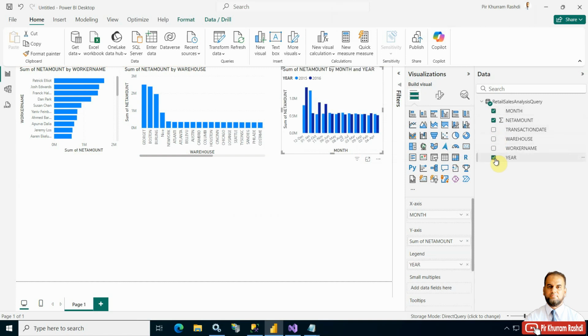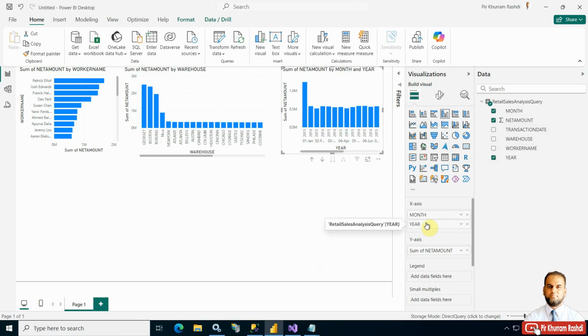So we will place month and year, but year is shown in a legend, and we are interested to put year. Okay, and you can see here in the visual that year and month are shown, but it is